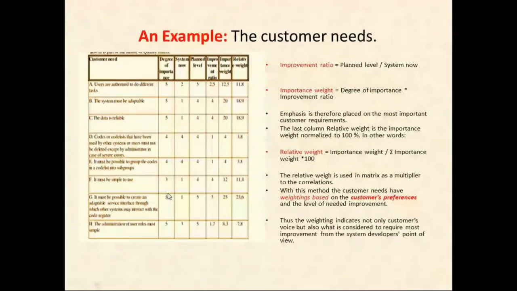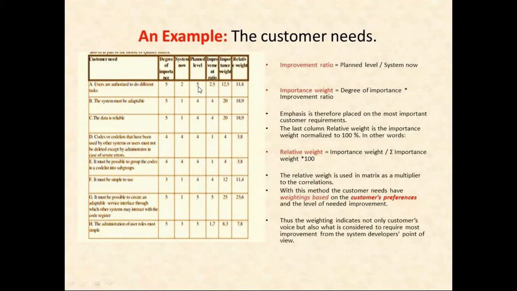So in this way, I have rated the degree of importance against each of these customer needs. Now, what is the importance? That I will get from the customers. That is the system now: how important it is. Again, this will be distributed to the customers and they will rate it on a Likert scale of 1 to 5. Then you have to write the degree of importance according to your plans.